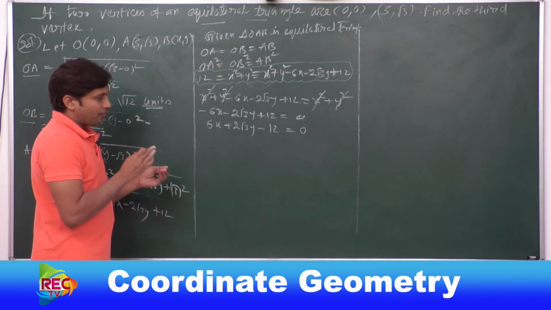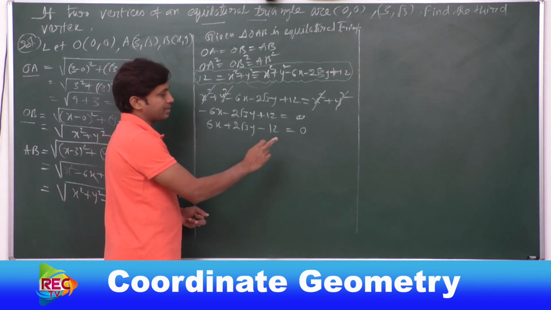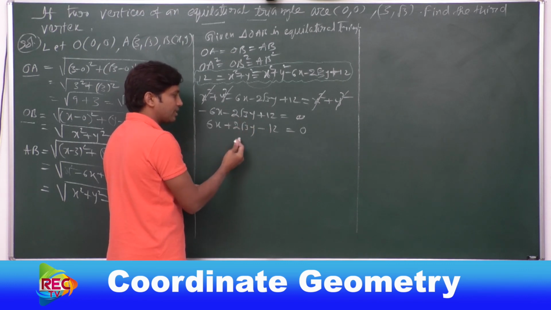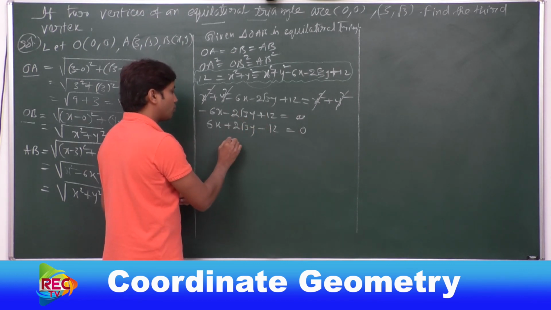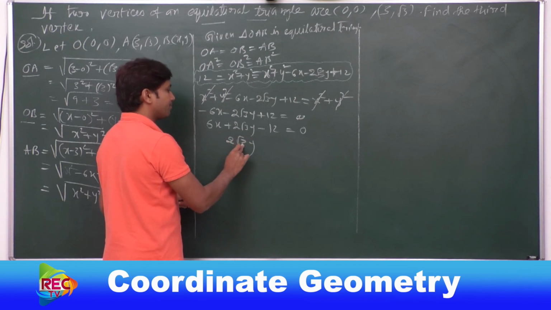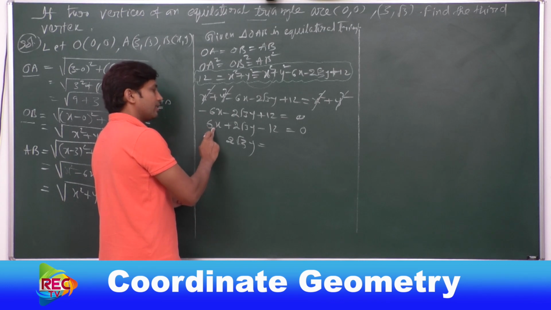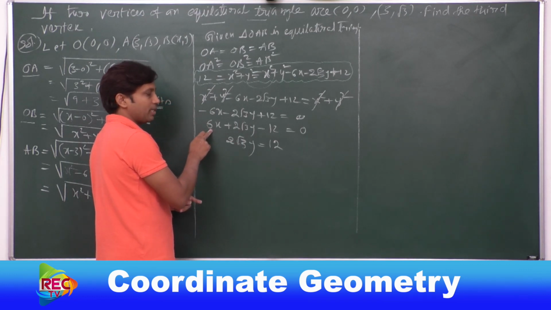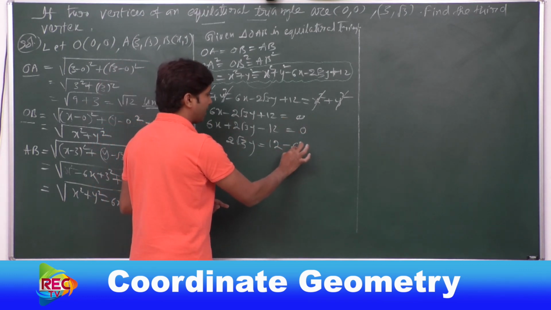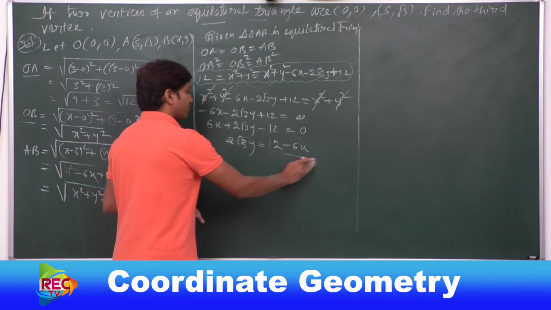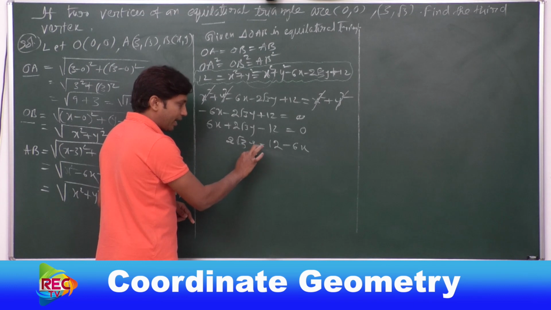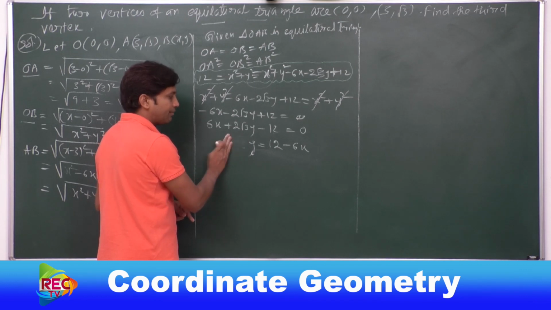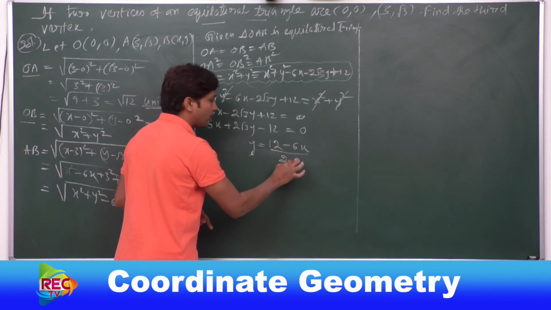Now let me find out the value of y in terms of x. To find it out, just leave the term of y on this side, remaining all transpose to another side. So 2 root 3 y equal to, just see, this minus 12 will go to that side to become plus. So here plus 12 and this is plus 6. On taking this to another side, this will be minus 6x. Now, since we need to find out the value of y only, we need to take this 2 root 3 also to this side. Since it is multiplying over here, it will divide on going that side, meaning it will come under the denominator. Okay.